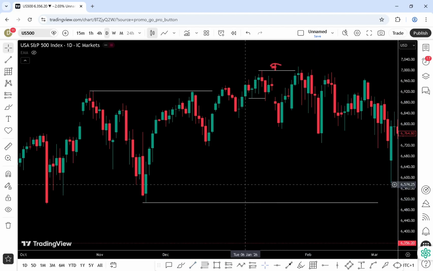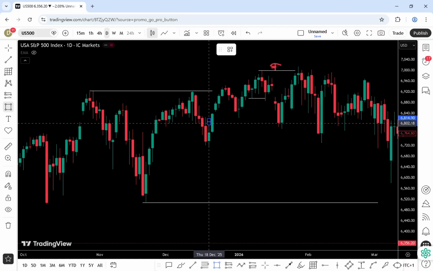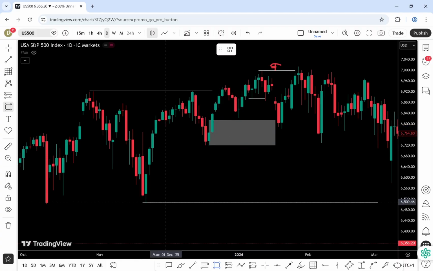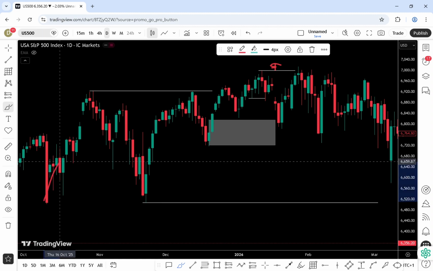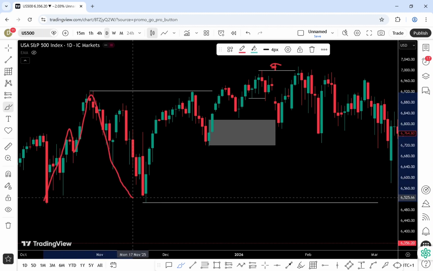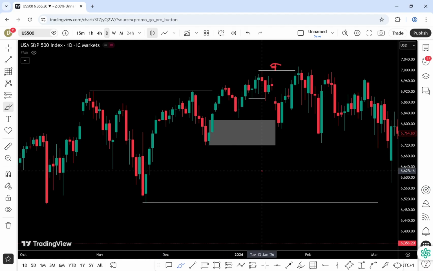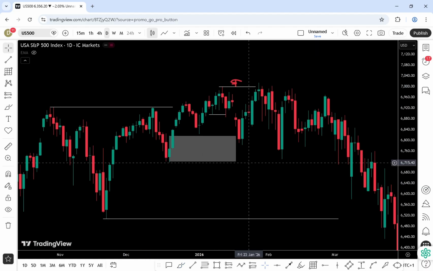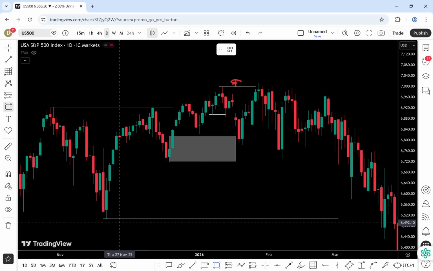So if this level serves as our inducement, then it means that this level will serve as our POI, and this level will serve as our low, because our structure still remains like this. This is the complete structure that we had. And since this one is incomplete, it means the market is likely going to push down, probably come to this hidden POI